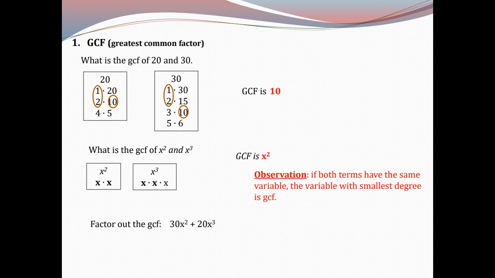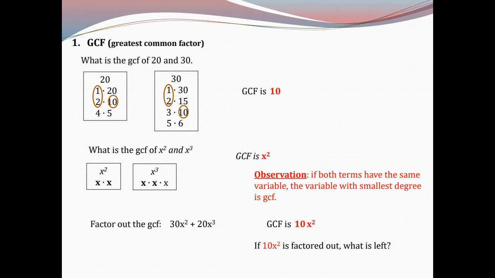What if I wanted to factor out, or find the GCF of, 30x squared plus 20x cubed? Again, I know my GCF is 10x squared from the previous examples. I know that the highest number that 20 and 30 share is 10, and I know that the highest variable that x squared and x cubed share is x squared. So I know that this is my GCF. Now,